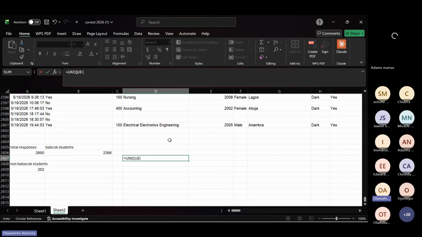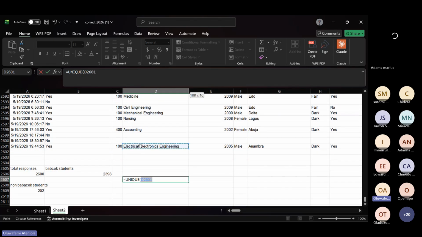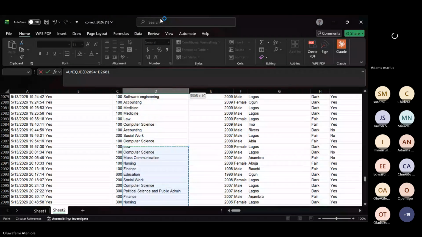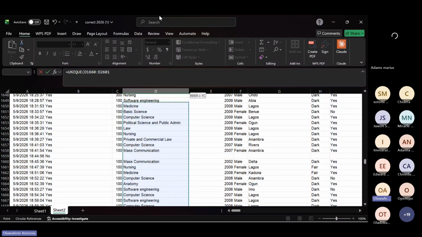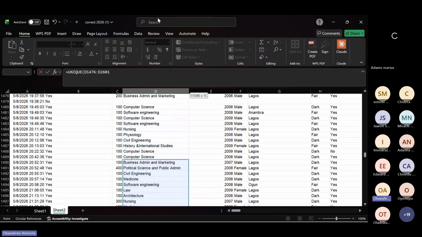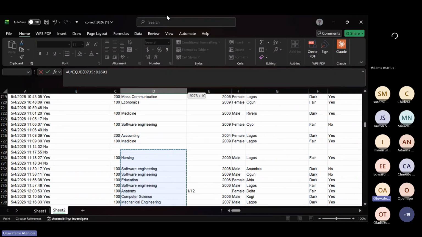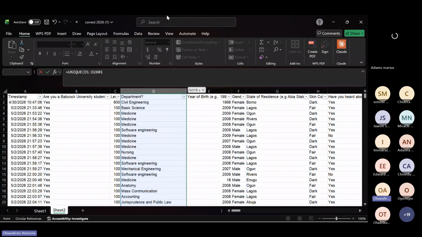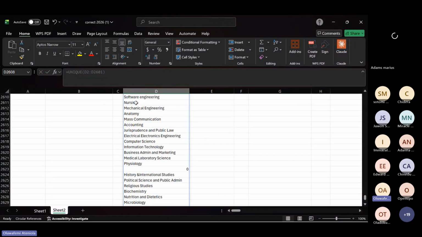So UNIQUE is going to help you take out all the unique values you have here. If we take this to the top, that's the extreme top. I'm deciding to drag it because we have lots and lots of empty spaces in between, so the Control Shift up and down might not work. Please let me know if I'm going too fast so I can slow down a little bit. So this is just going to take us to the top. Good. So if we provide these and then hit enter,